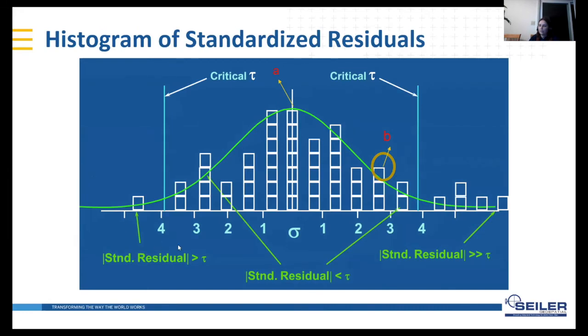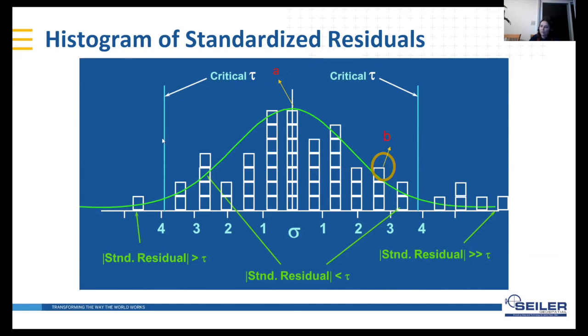And you will see that some of the standardized residuals are passing the graph. The graph is the standard residual, and this is compared to the tau criteria. Under the graph, you see that all these values are less than tau, and these are our residuals.